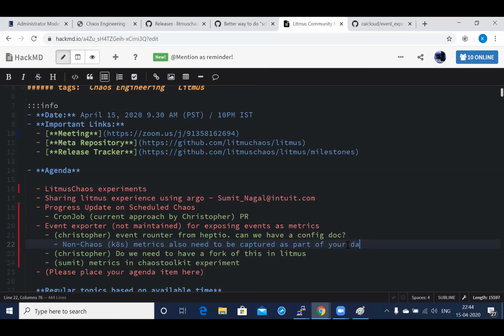Otherwise, here are supported solutions for exporting events to standard things like Prometheus and Kafka and what have you. That might be a better way to set up the tooling rather than just directly exporting. Okay, yeah, that's a good point.